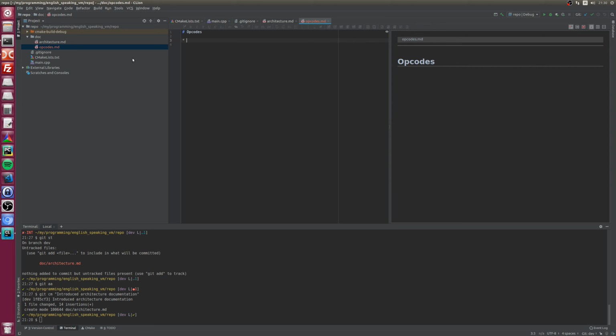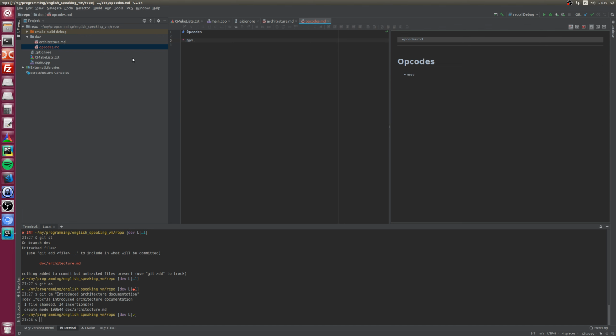For now, I will just list them. So first, let's say move. We'll go with the Intel syntax, because it's more convenient for me than the other ones.